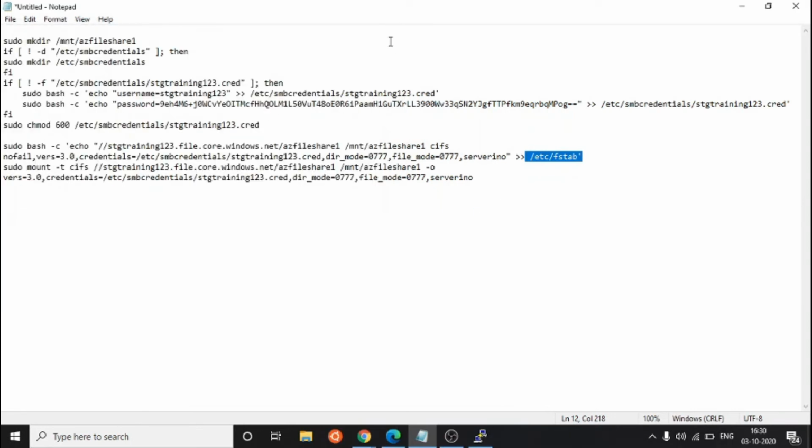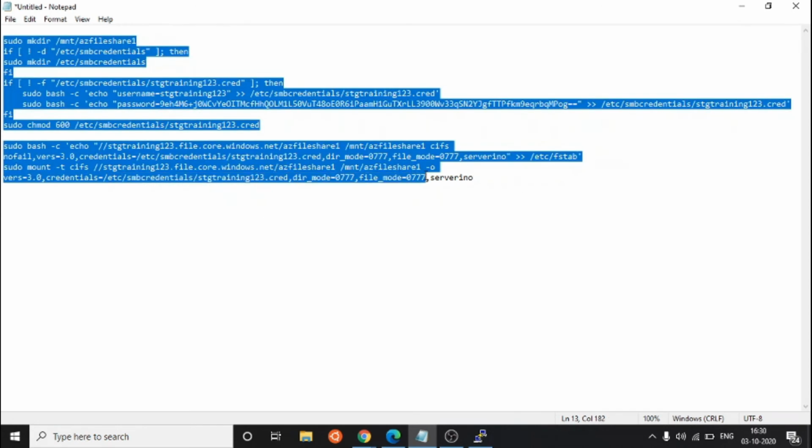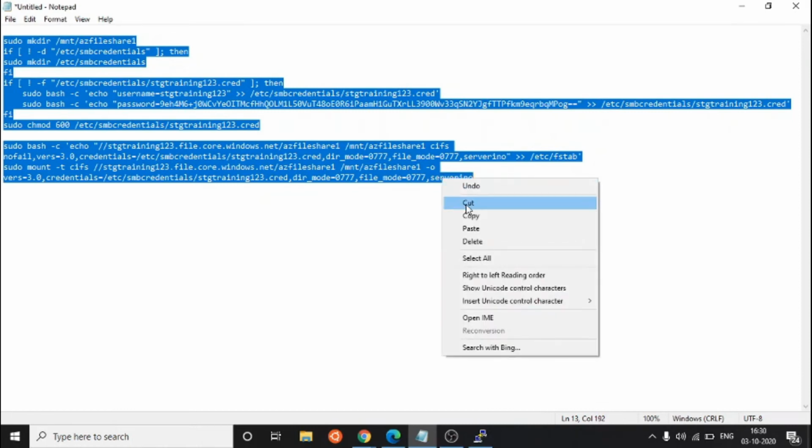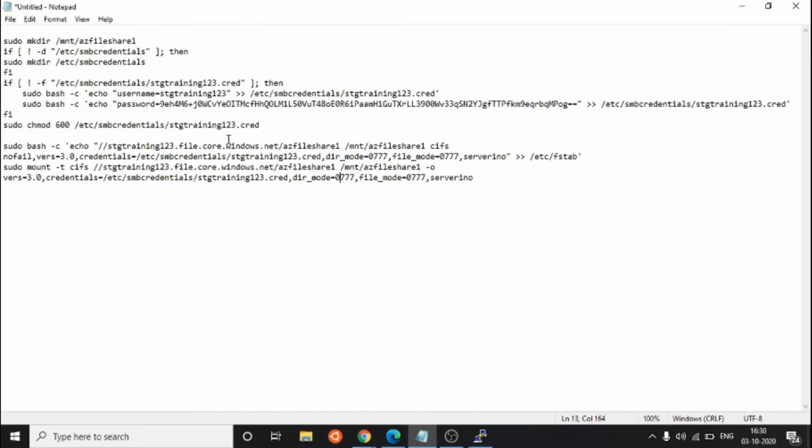Here you need to remember one thing: by default this script is going to mount your drive in MNT, which is not recommended. In a production environment never mount your drive in this location, because this is a temporary drive.